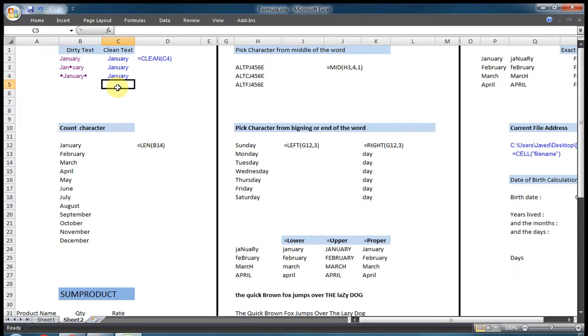Right? Another one: sometimes we need to count how many characters are in a cell, like a pen number or any text number. If we don't know the formula, we need to count manually, 1 2 3 4 5. This formula will be very helpful: equal LEN, and then select the cell, and it will show the count of letters and characters. Fine, friends.